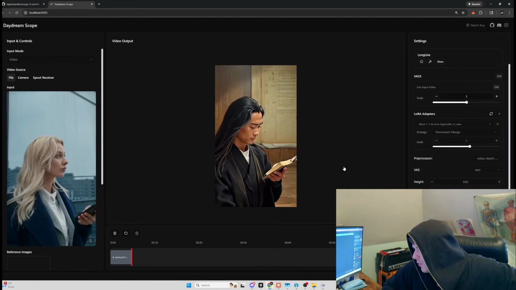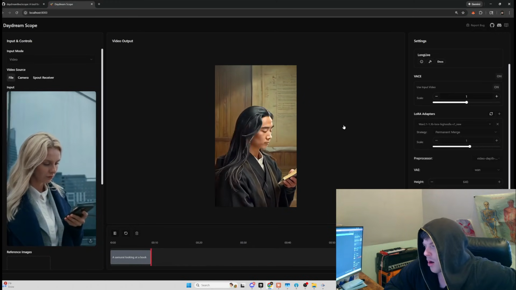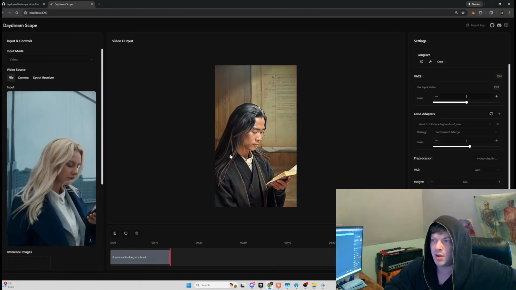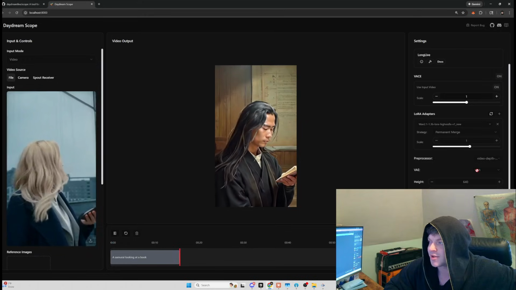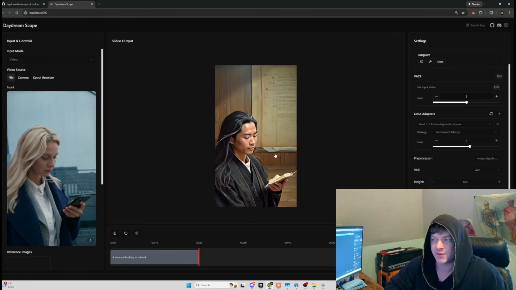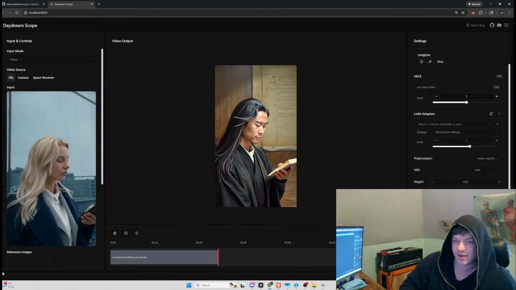At this resolution, we're getting about 9 FPS, which, you know, we can do better. We could use a smaller VAE, like Light VAE. I probably should have just done that from the start. But you can see that it's like, let's make him,